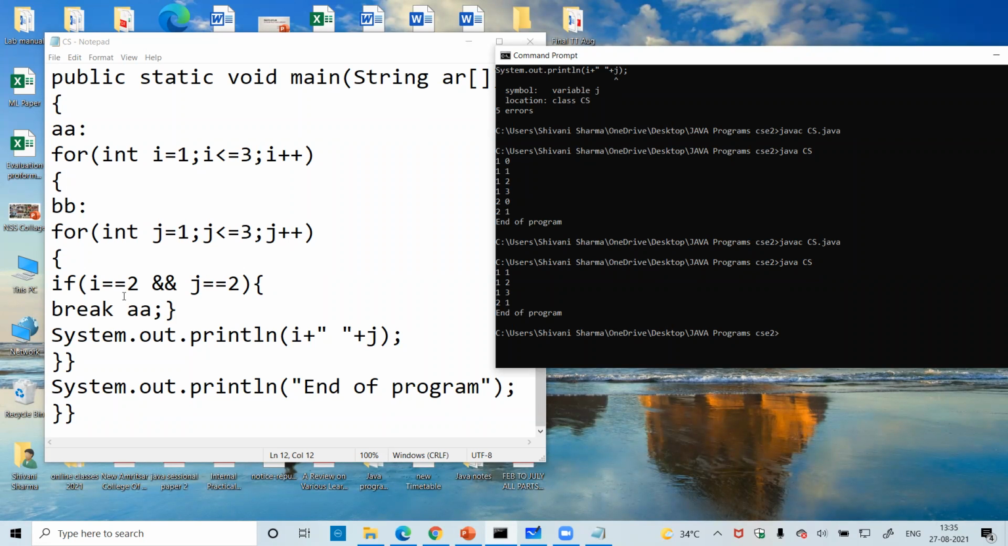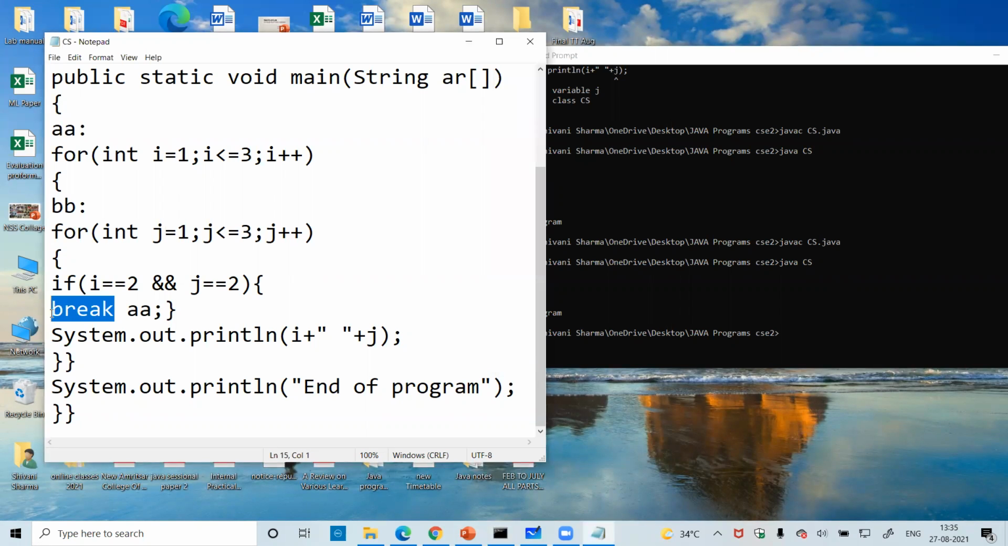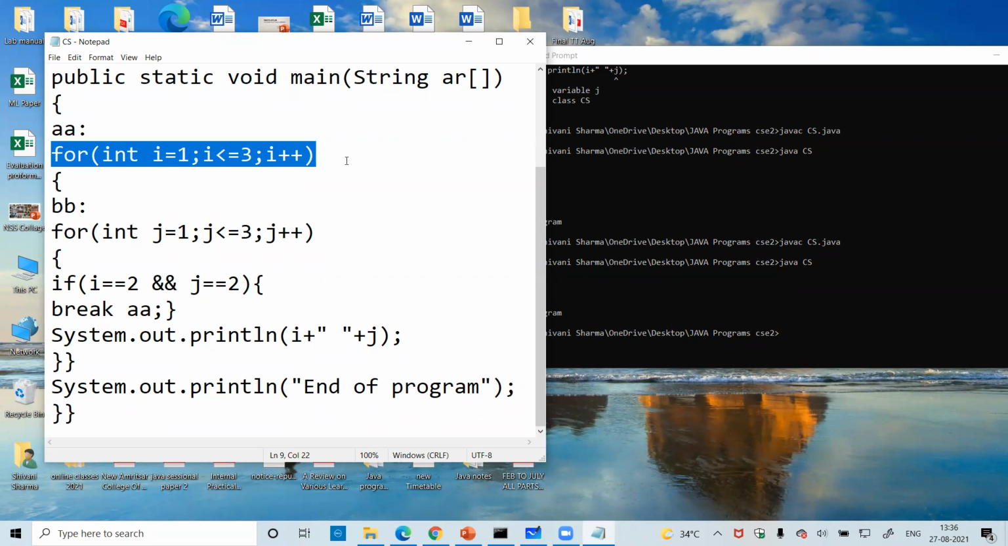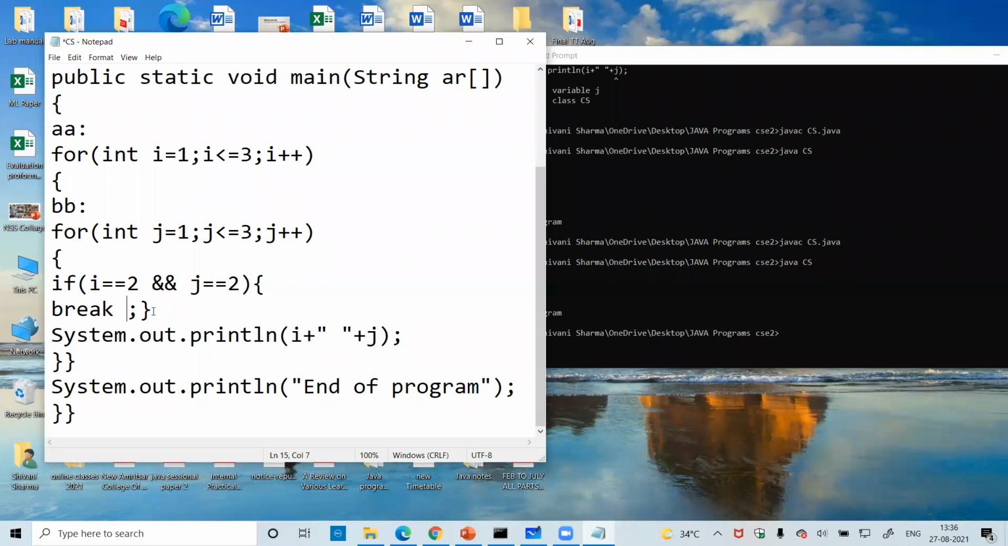Now listen, look here, break means it will come out of the loop, but from which loop we want to come out, that is represented here. I am writing the A here, meaning I want to come out from the A loop. A represents this, that is the label. We are representing that go to this loop and break that loop. So after that, it will directly move to this part. But if I write BB here,